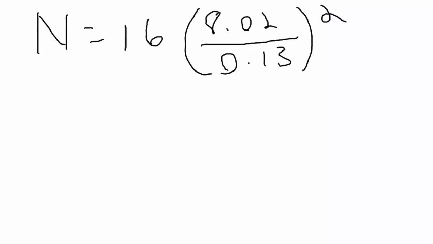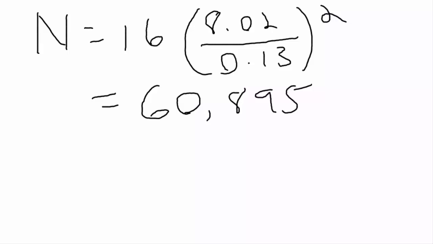In this case though, we get number of theoretical plates equal to 60,895, and don't be put off by big numbers. We do often get them, particularly for GC columns. If we wanted to know the height equivalent to a theoretical plate, which tells us a little more about the efficiency of the column,